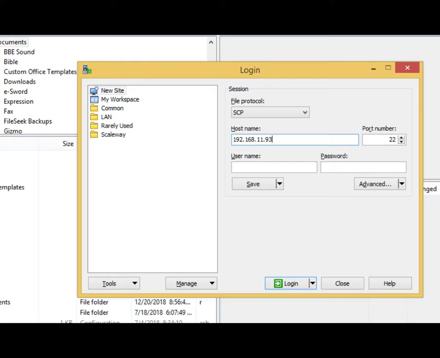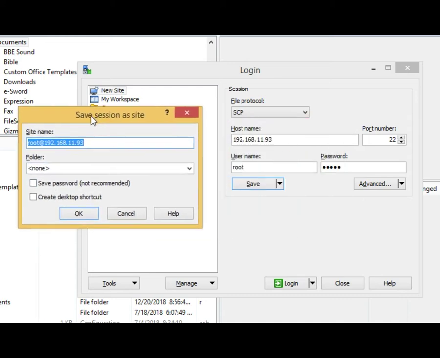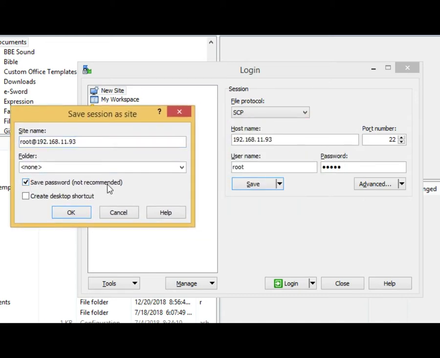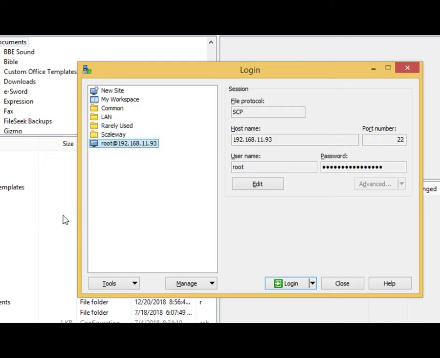Now we're going to go ahead and enter the information in WinSCP. Port 22, you have different options here. We want SCP. Type in your username. Since we enabled root, we can go ahead and log in as root. And then you hit save. If you don't want to always have to enter your password, hit save password. It's not recommended, obviously, because anyone that opens up WinSCP can now become your root user, and that's a security nightmare if they do things you don't want them to do. But if you trust yourself and you don't think anyone else will be on the computer, no big deal. Save the password, and there it is. So click it, log in,